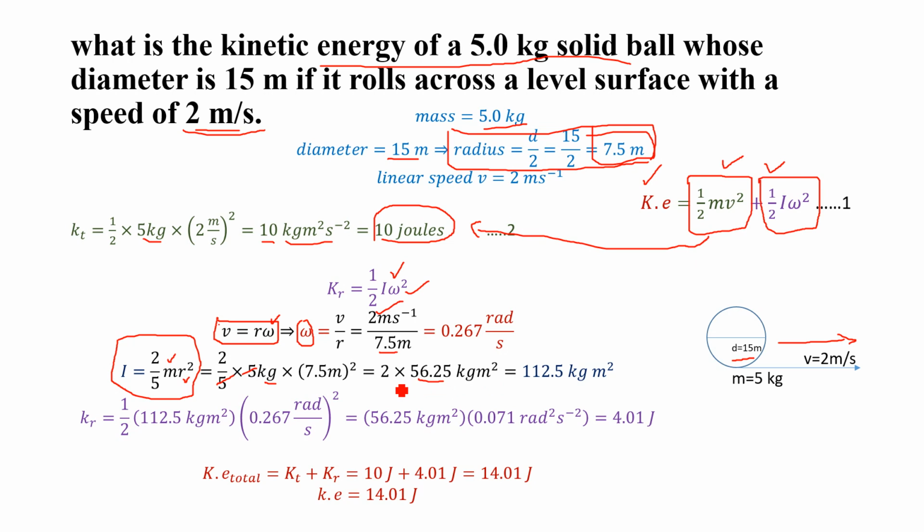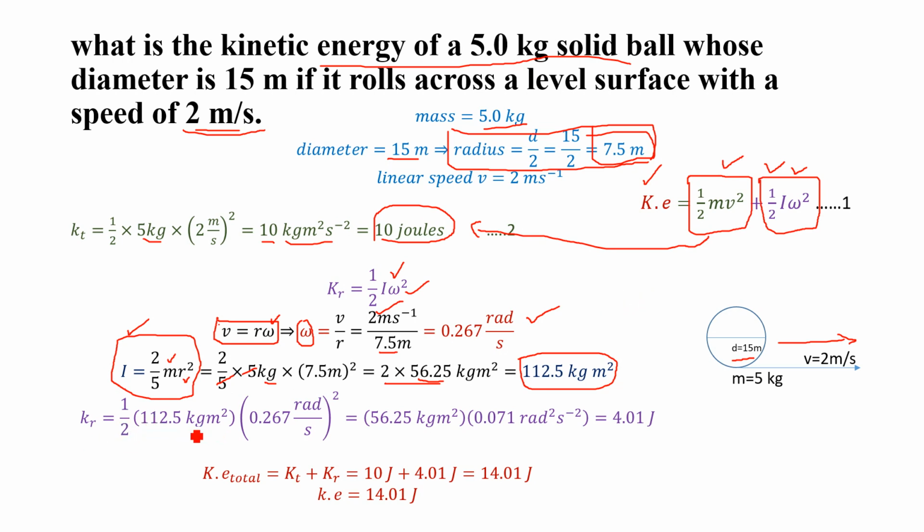So we have 2 multiplied by 56.25. Multiplying both of these terms, we will get 112.5 kilogram meter square, and this is the value for moment of inertia. Now we have the value for rotational velocity or angular velocity, and we also have the value for moment of inertia. Substituting these values in this part of this equation, which is the rotational kinetic energy, or we can say angular kinetic energy, is equal to 1 over 2